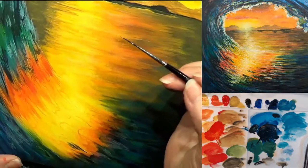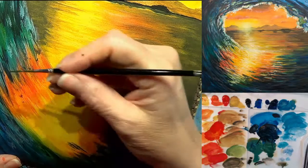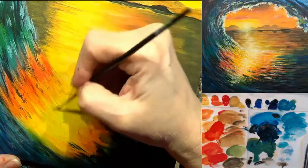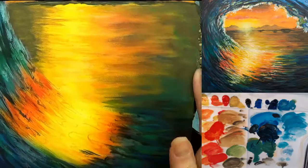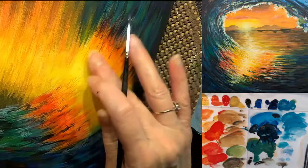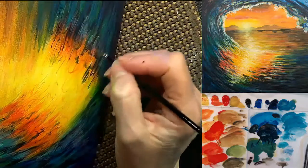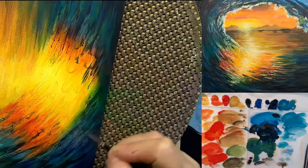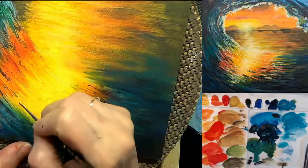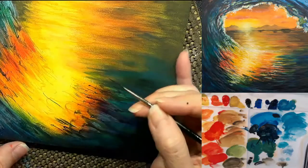Okay, so I do need some of this blue color to come down in here. Just a little bit. It's thin paint, and I'm just kind of scrubbing it in there. That one was really, really dark. Put a few into the lighter area, but not too many because it's going to be...